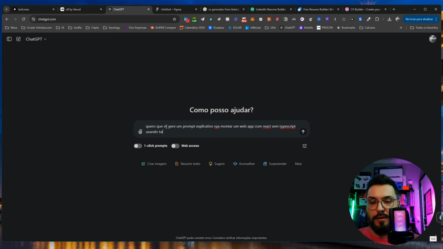Using Tailwind, which is the CSS framework for us to use, and shadcn/ui, which is also a component library that V0 uses. So to build an app with React without TypeScript,